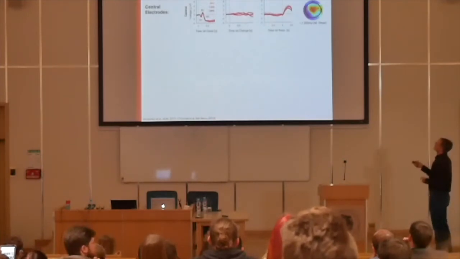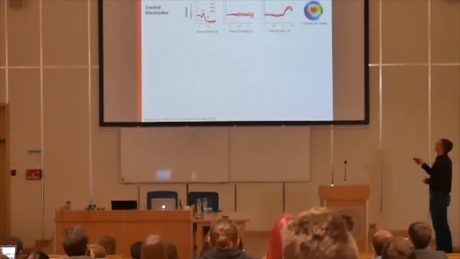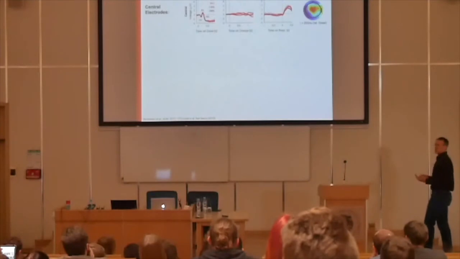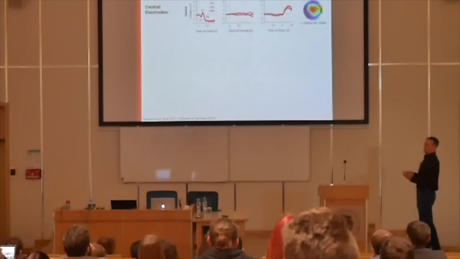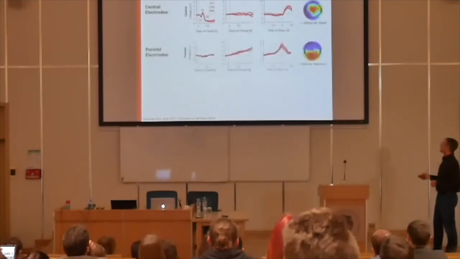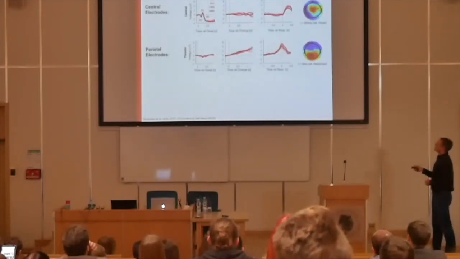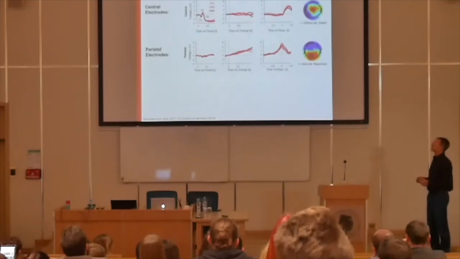Then if you look at the time of the change, you also don't see a systematic change in the signal here. If you then look at the time relative to response, you see that the effect you get is probably coming from motor cortex rather than from auditory cortex, but feeding into that potential. But you see it's coming after the response, so it can't really be related to the integration of the statistics. On the other hand, if you look at the parietal electrodes, right here, then for the stimulus onset, there's not much of a response. So they're not really strongly involved in just detecting a simple onset.